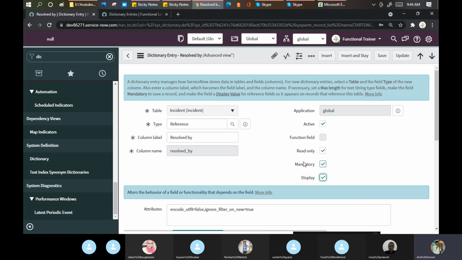So in simple words, dictionary override means when you want to change the behavior or the properties of any attribute which has been extended from the table, then it's called the dictionary override.